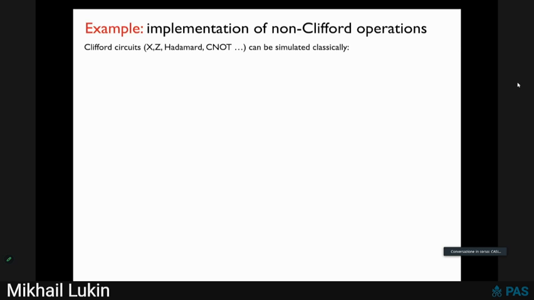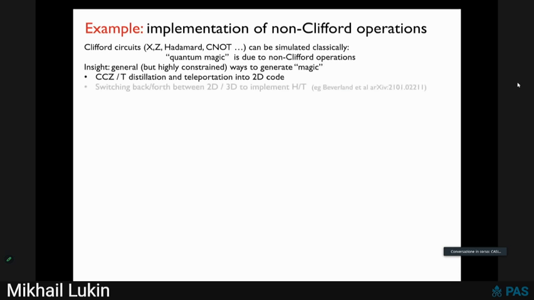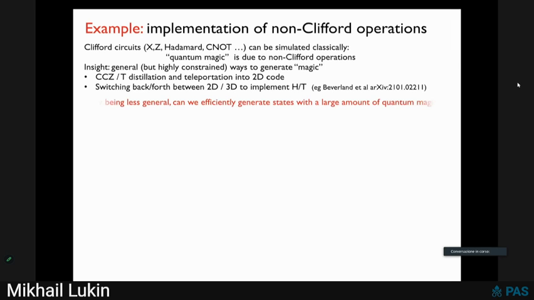It turns out that a circuit of the type that I showed before is a Clifford circuit, which is relatively simple in the sense that it can create entangled states, but it can be simulated classically. So to do a circuit which you cannot simulate classically requires something which is sometimes called quantum magic. It's the so-called non-Clifford operation. And usually these non-Clifford operations are very hard and very expensive.